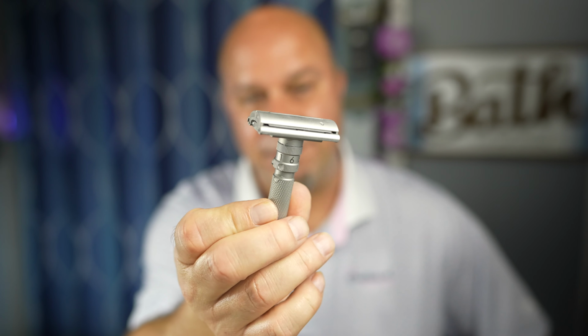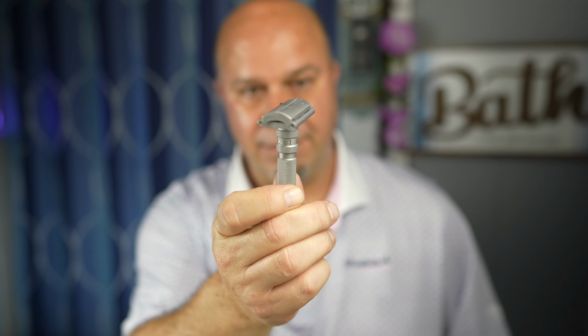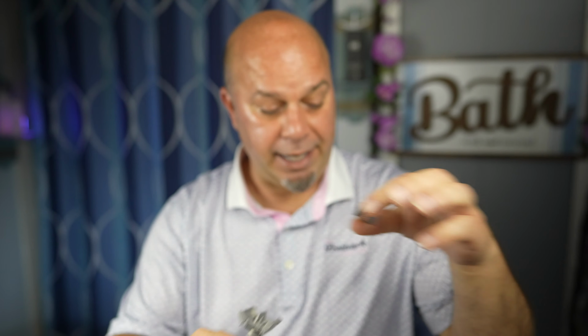Fantastic. So, I always get asked, what's your high-end favorite razor? Well, I have a few of them, and this is one. The Rockwell T2. To me, it's a no-brainer. It's easy to shave with, and I like adjustability on the fly, which is a TTO, twist to open, and that's what this is. To get done with this razor, you just open it back up, take your blade out, go in and